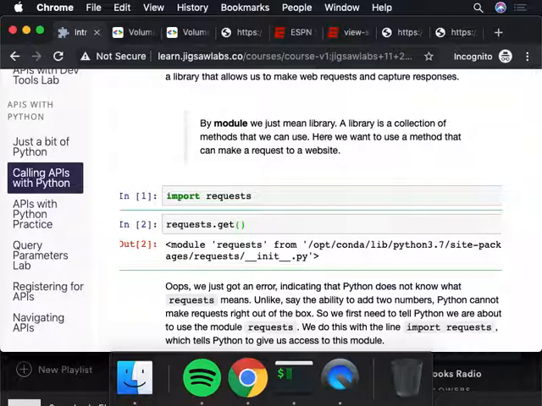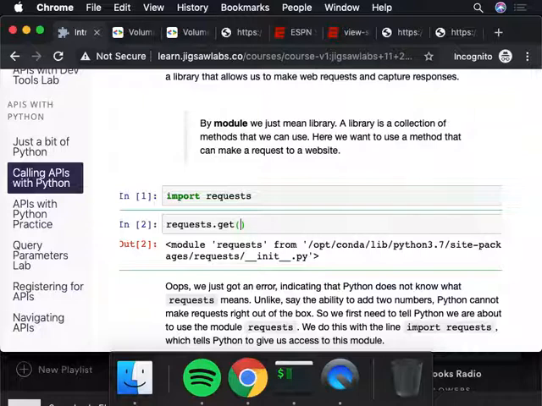I got an error when I put in import. Oops, we got an import error. Oh, that's just my text, but you didn't actually get an error. So now you just type in the word requests. Shift Enter here, just see if that Shift Enter worked. Sorry, hold down Shift and then press Enter. There you go, that worked.